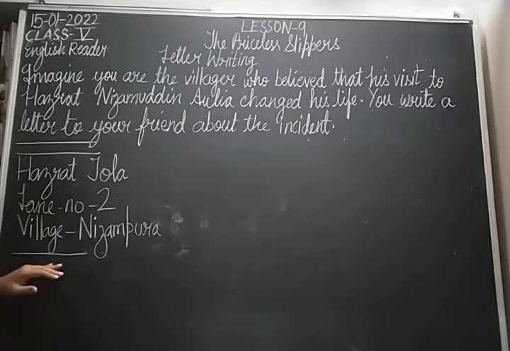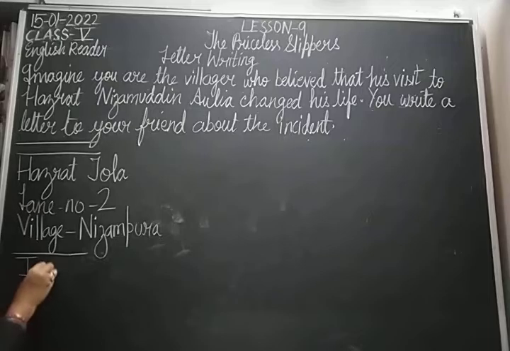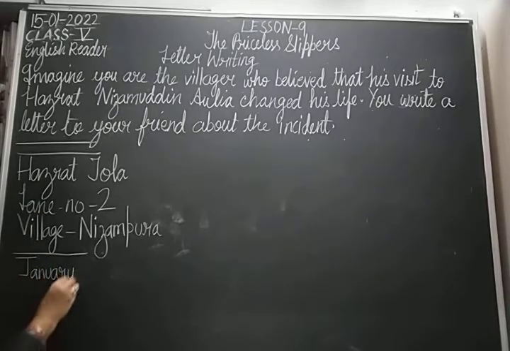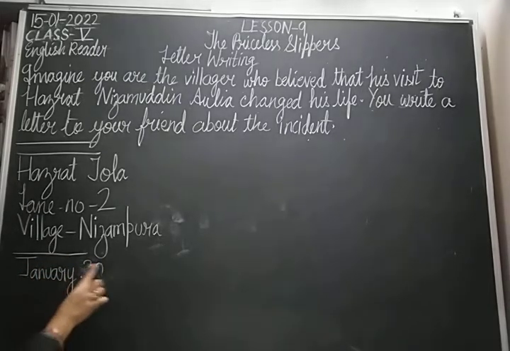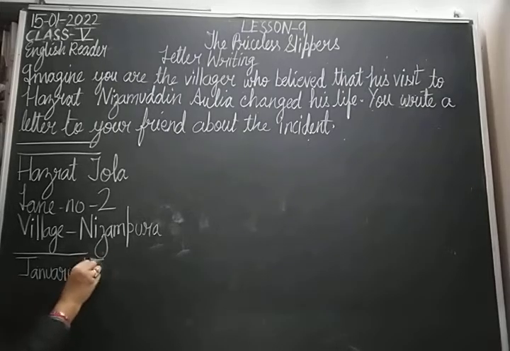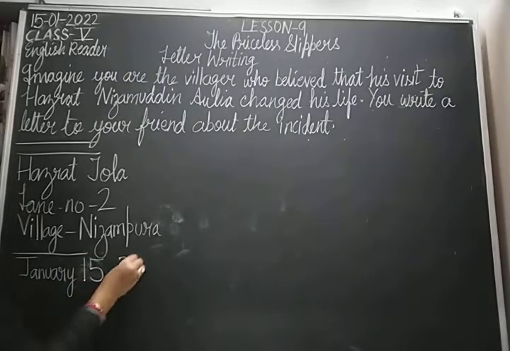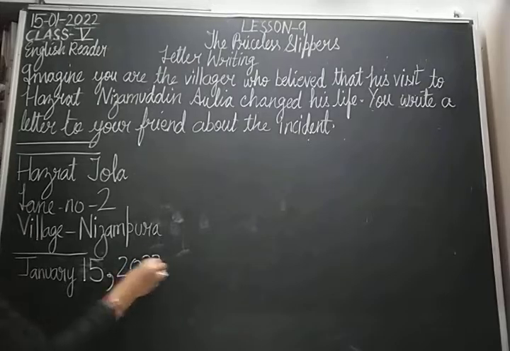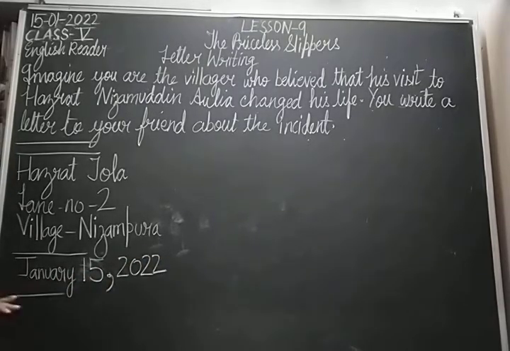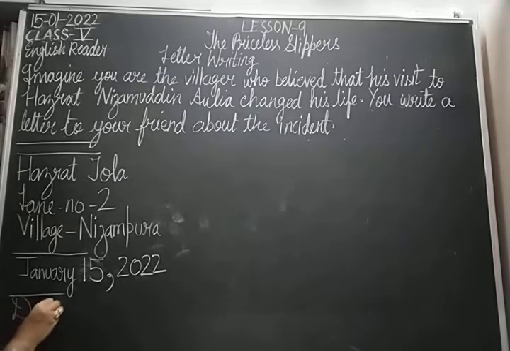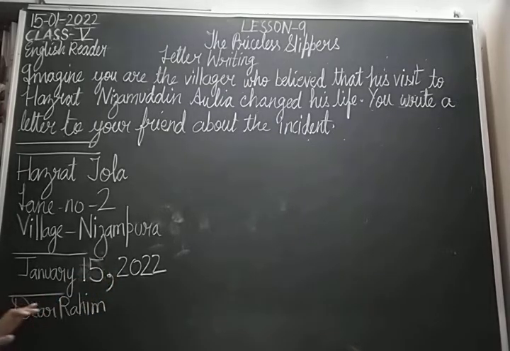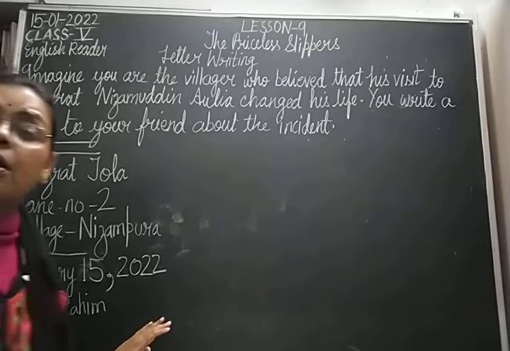Then you write the date, and today's date is January 15, 2022. Then again I'm drawing a line. That's an indication that you need to leave the line. Then dear Rahim. Let's imagine the name of the friend is Rahim. Fine. Then